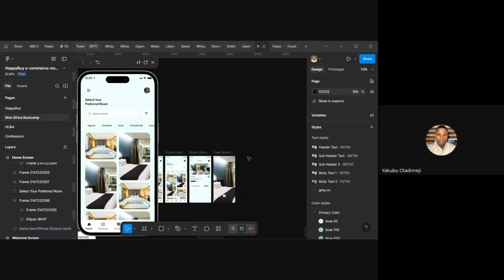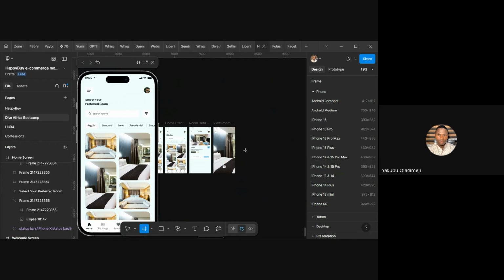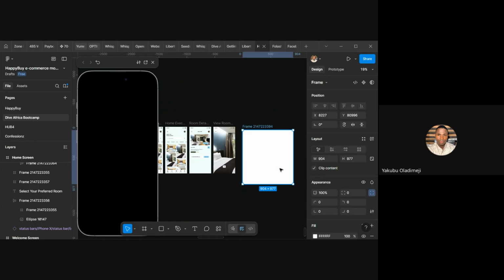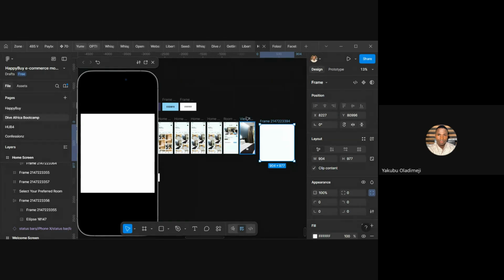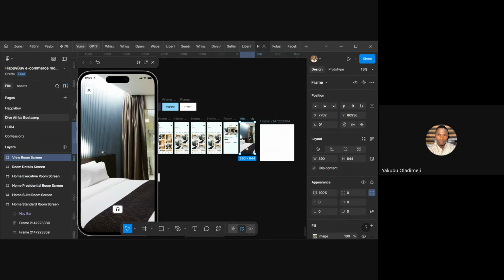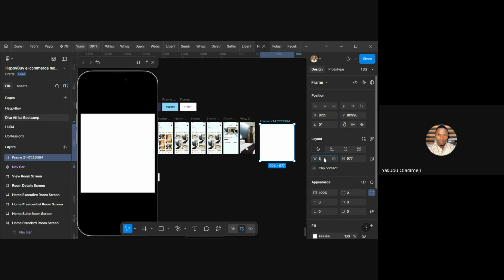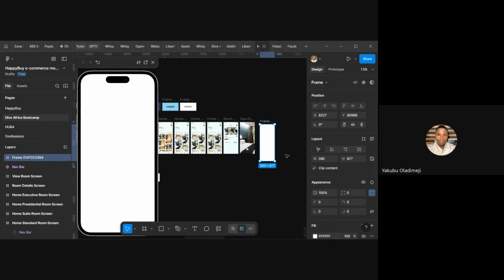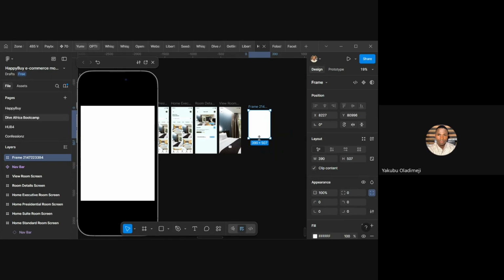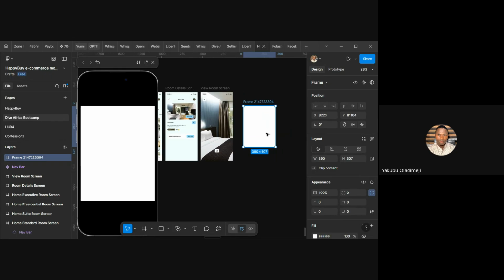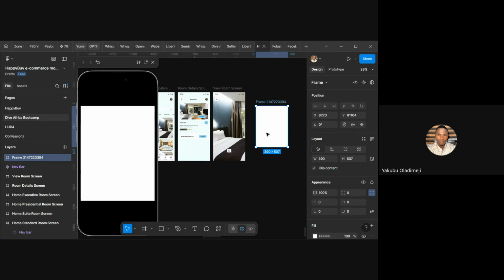All right, so let's design the overlay. For the overlay, all we need to do is create a frame. You draw out a frame. Make sure it has the same width as your frame, which is 390. The height differs depending on your content. So for our overlay,